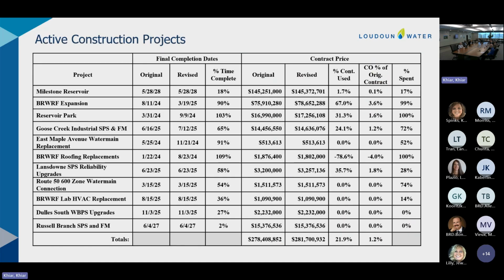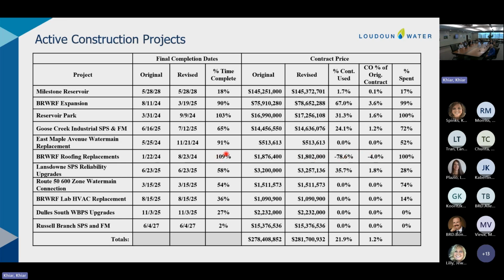Okay. So our active construction projects here, we've got this list of projects active through the third quarter. I'm going to quickly jump in here and mention the roofing project. The last time I presented this in the second quarter, we were over contract time by a larger amount, and the substantial completion delay has been reconciled. So you can see here that has played out in the contingency utilization and change order percent.